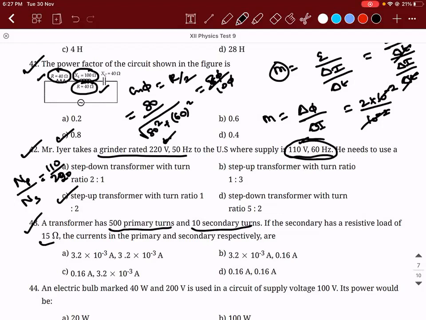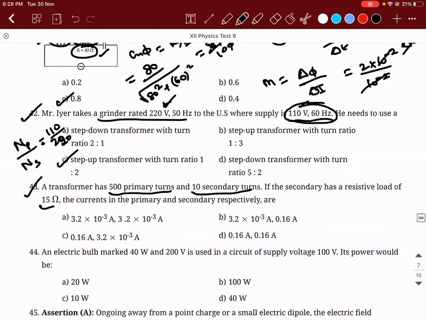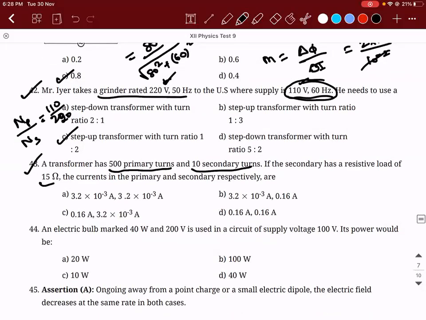So what are the assumptions that we take in an ideal transformer? The power will be the same in both the coils. The power loss is 0. Right? When that is going to be the case, is this not the formula that you're going to get: I primary by I secondary is equal to E secondary divided by E primary, which is equal to N secondary divided by N primary. Now apply this formula and tell me what that is.